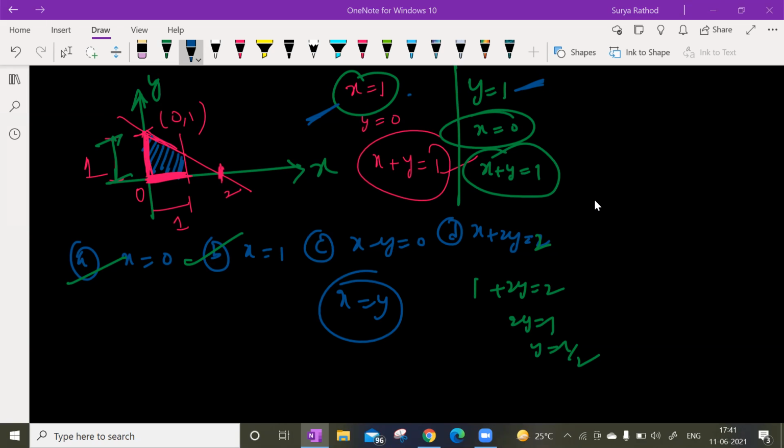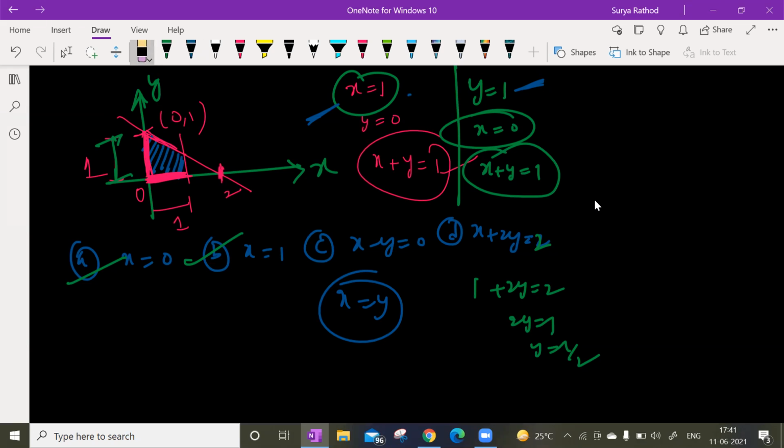One second. Let me enlarge the screen. Sir, but in the solution part, they are showing the answer as C, x minus y. You leave about that solution part. We'll discuss it.